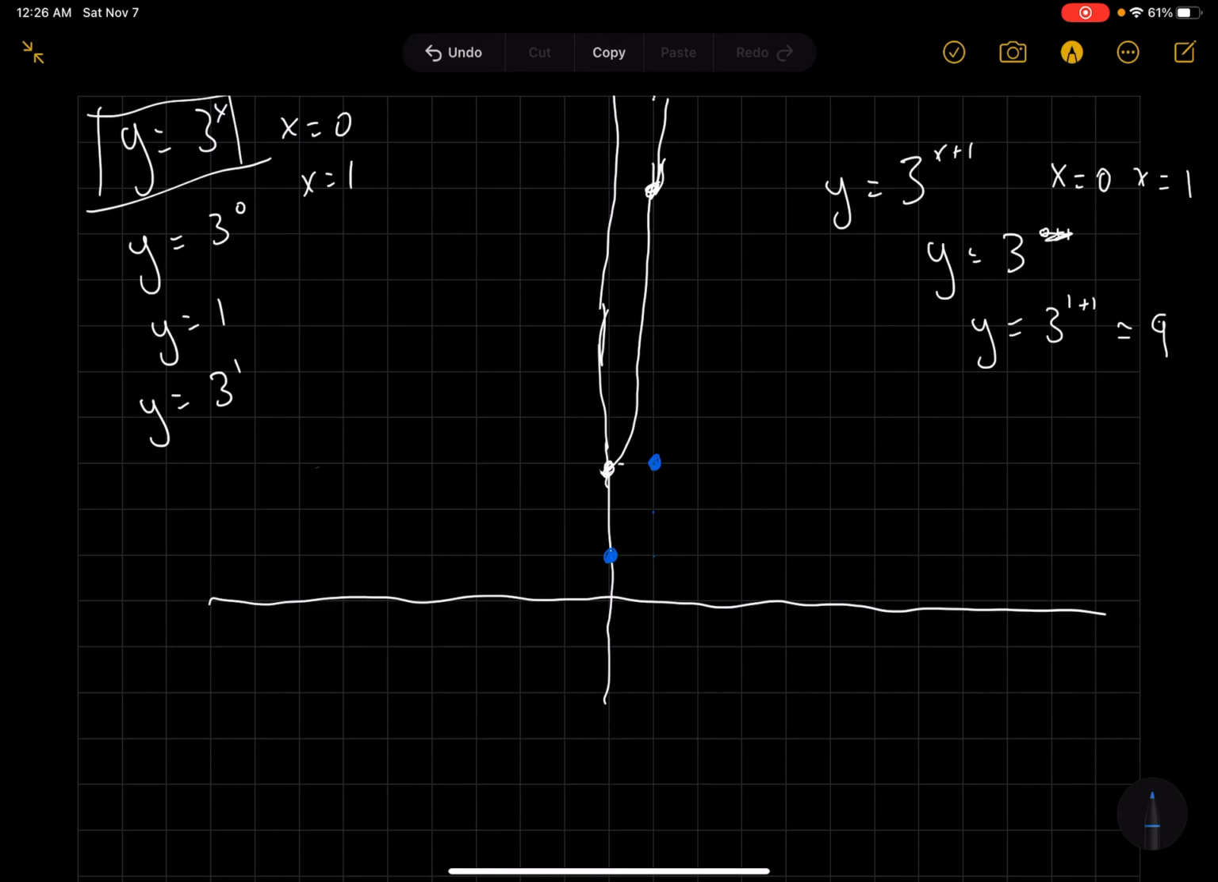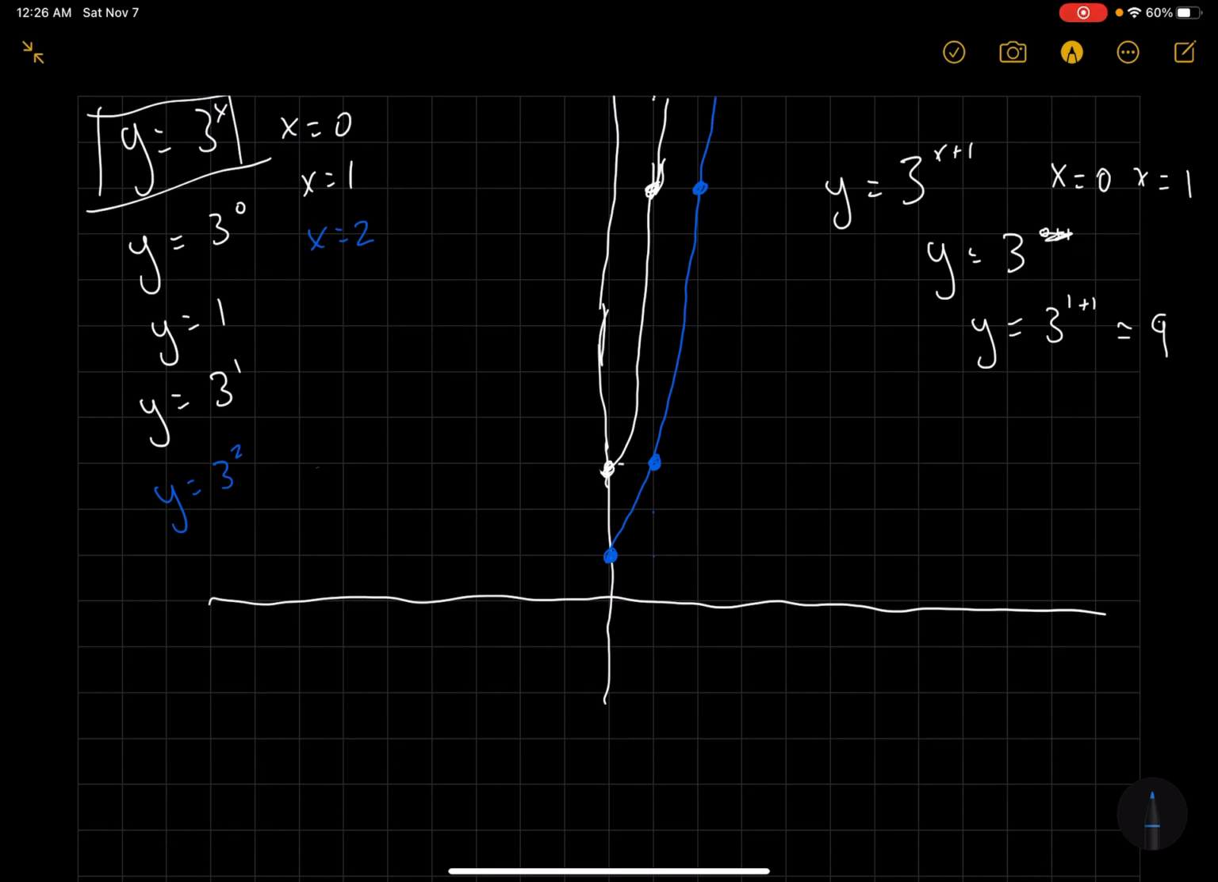All right. What about when x equals 2? So let's do x equals 2. Well, y is equal to 3 squared, which is 9. So 1, 2, 3, 4, 5, 6, 7, 8, 9. So y equals 9. So how does our graph look here? Our graph looks like this. All right? So you see,